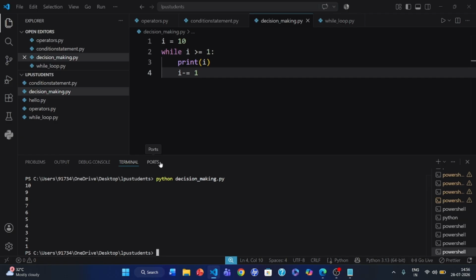Finally, after printing 1, the statement i minus equal to 1 changes the value of i to 0. Now Python checks the condition, is 0 greater than or equal to 1? No. The condition becomes false, so the loop stops automatically. Okay,